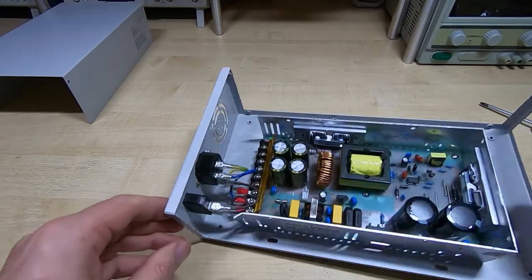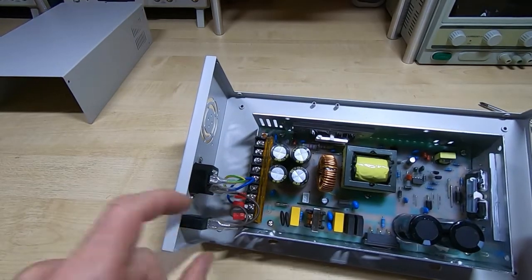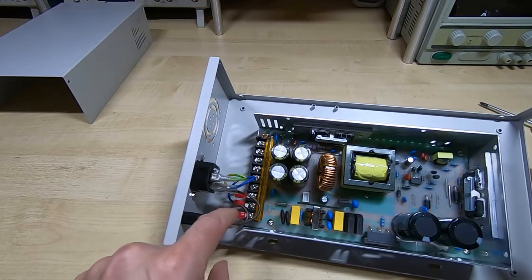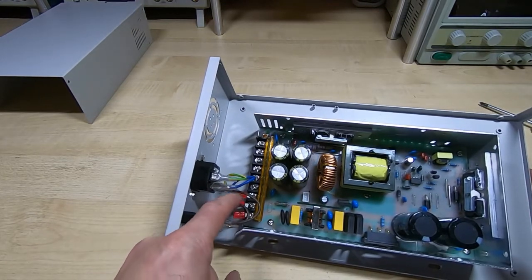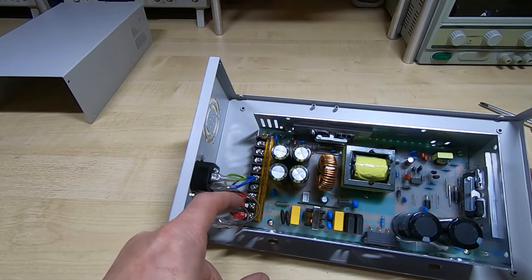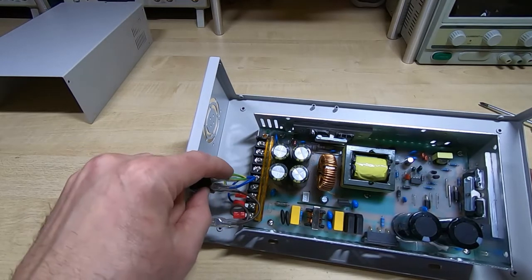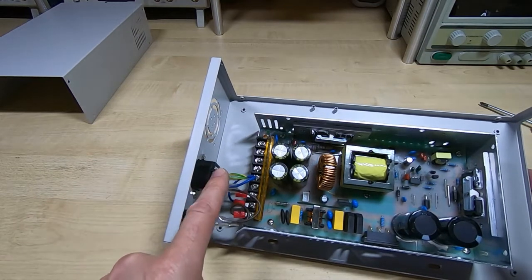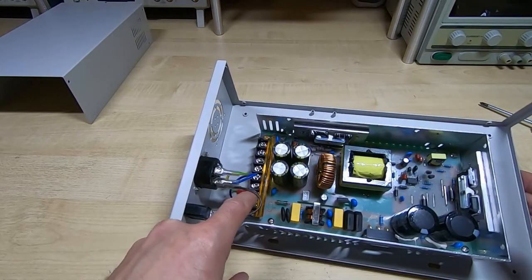Okay, so I've wired it up. Obviously the line goes through the power switch. I have buzzed these through to make sure that the crimps are good. Don't just rely on these being properly crimped. Sometimes they're crimped onto the insulation and aren't making good contact. I've checked the earth strap is properly connected, and we'll probably put a second earth wire from here going directly